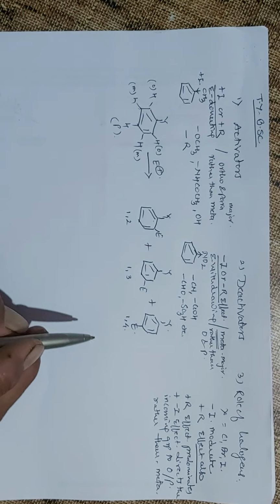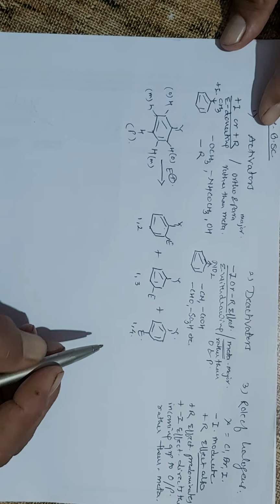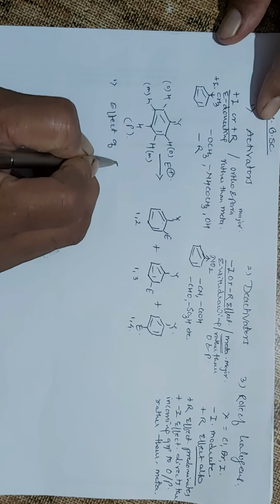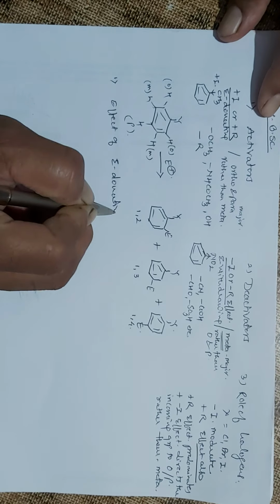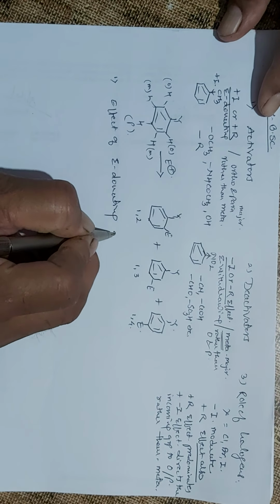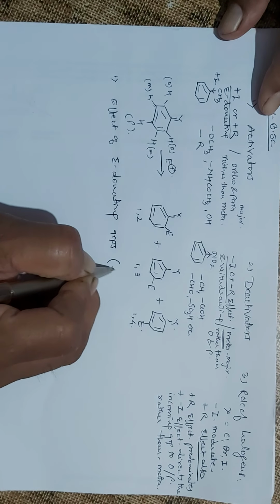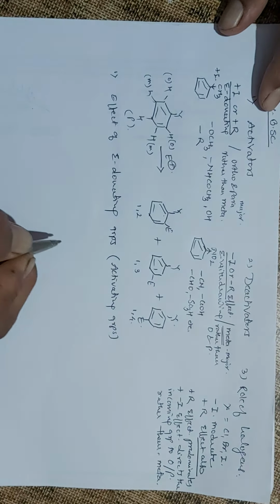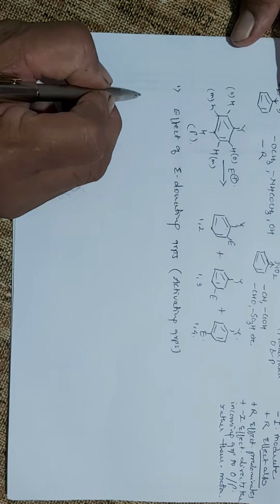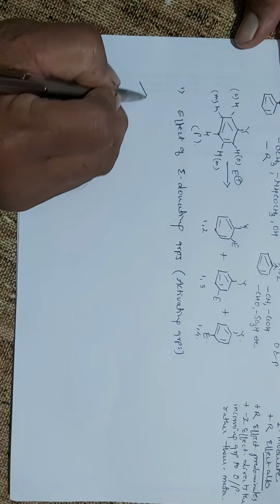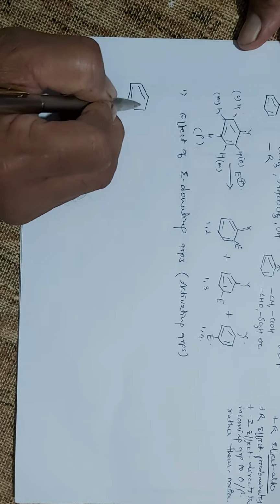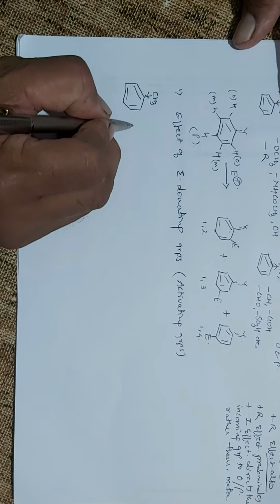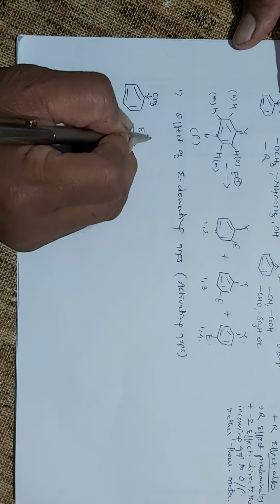And that is the effect of electrons. So first of all we will see the effect of electron donating groups, which we also call activating groups, the effect of activating groups. So what happens? Here we will see a simple reaction: suppose the molecule toluene, which contains the electron donating plus I effect, is allowed to react with an electrophile.